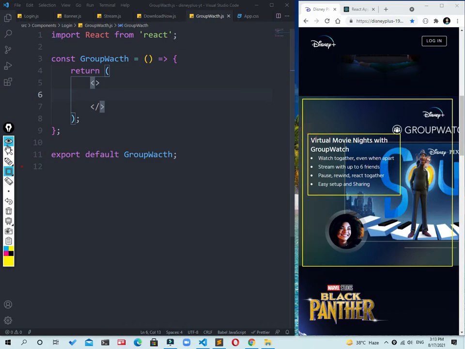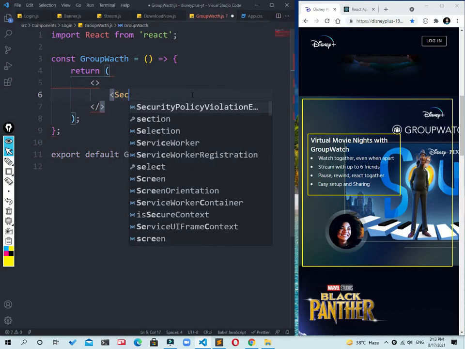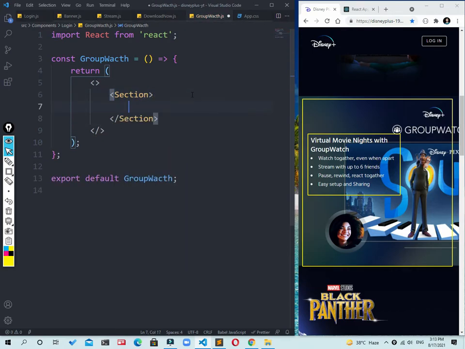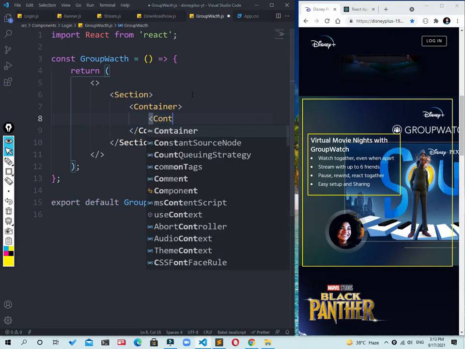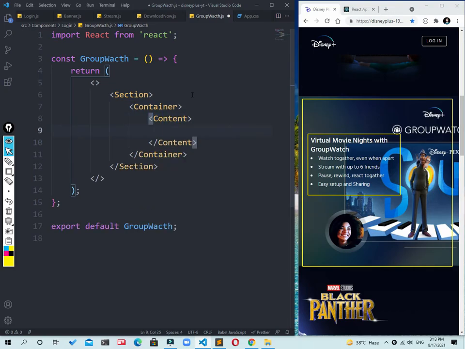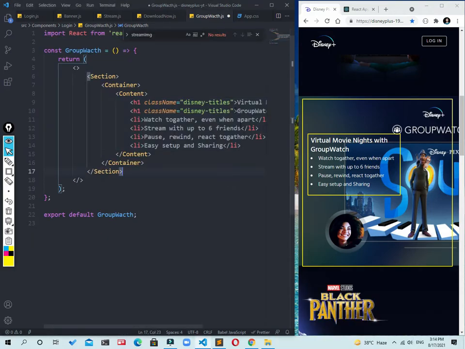So I'm going to say that we have a section, and inside this section we have a container. Inside that container we have our content. In this content I am going to add the data. Look at that, guys, I just added the data. Now save the changes and go back to